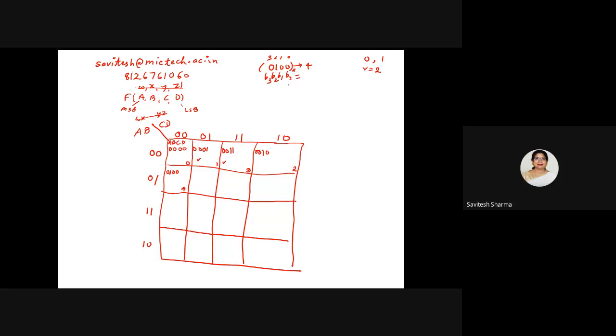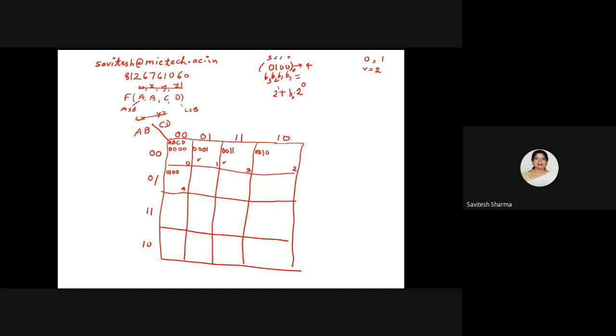So I will write the formula. What is the position here? It is 0. So you will write 2 to the power 0. This 2 to the power 0 is the weight of the 0th position. And what is the binary bit here? Let's say it is B0. Plus, the next position is 1.